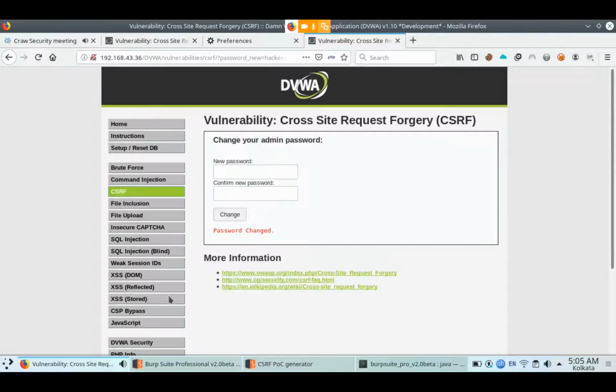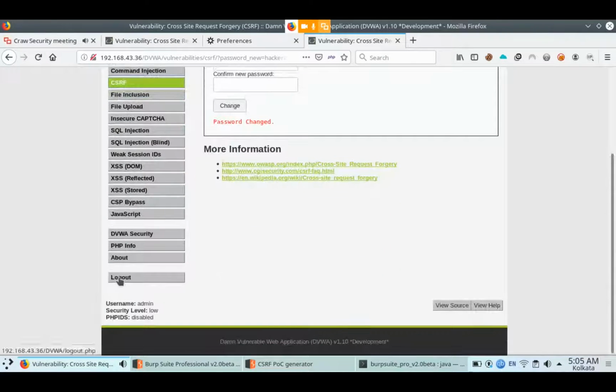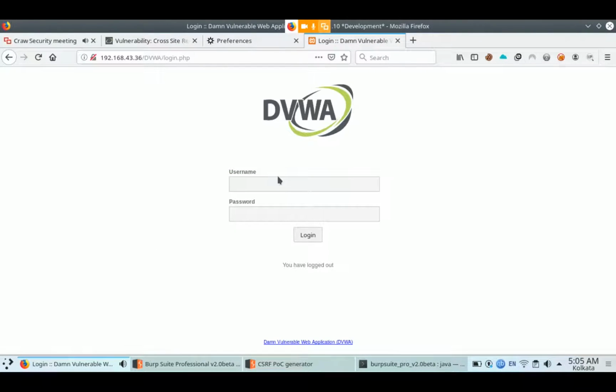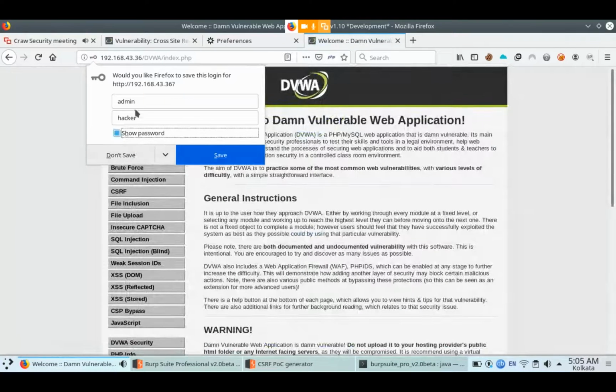Now log out here and try to log in. The default username was admin and the default password was password. But now I try hacker. After login, it shows the password, and it's successfully logged in. Yes, sir.